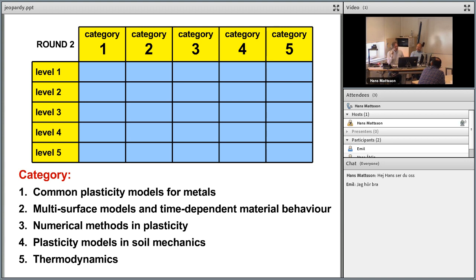And in category round 2, a question is chosen by the group that latest answered the question correctly. And we will start with the group with fewer points from round 1. So one group is choosing the category and the level, and then when the question is read, because it will be read in round 2, the question, then